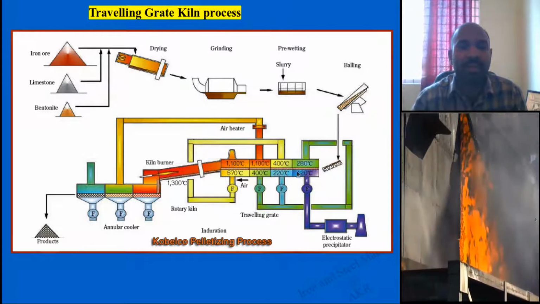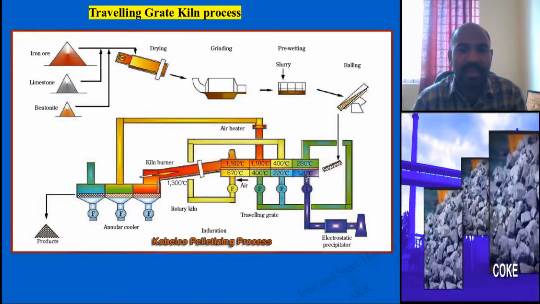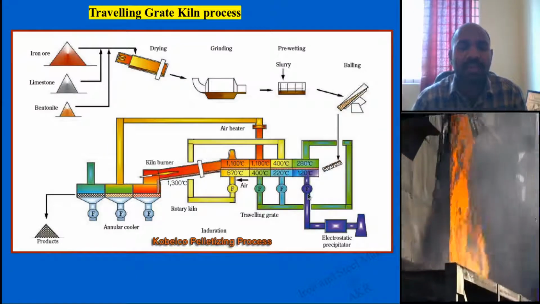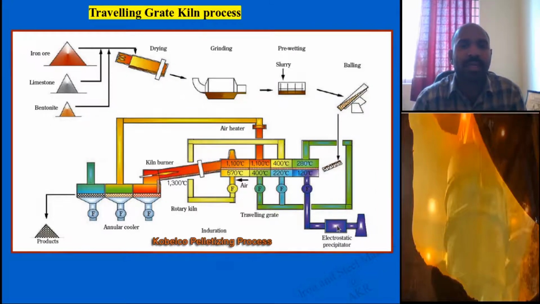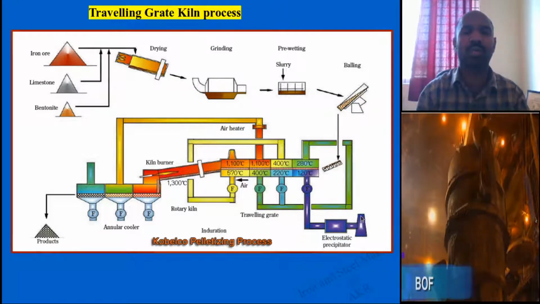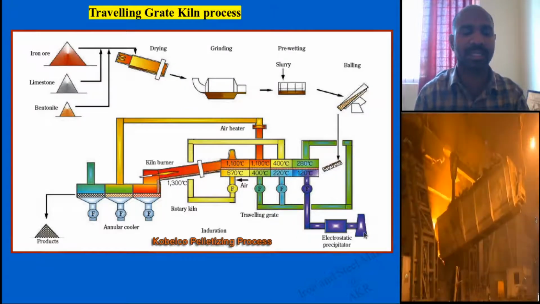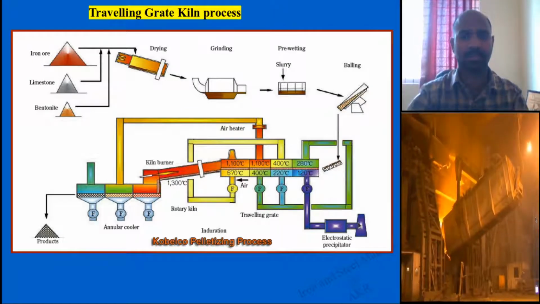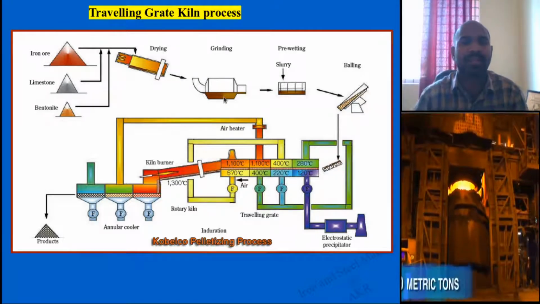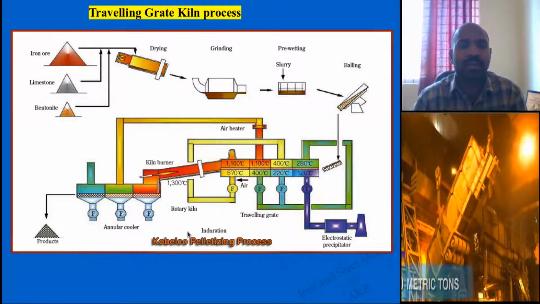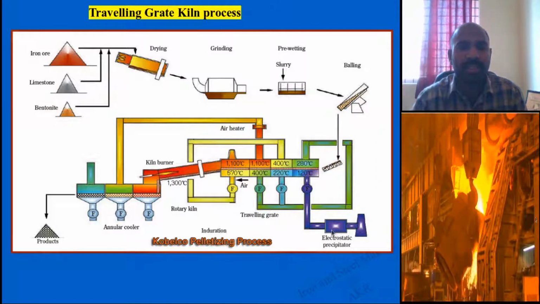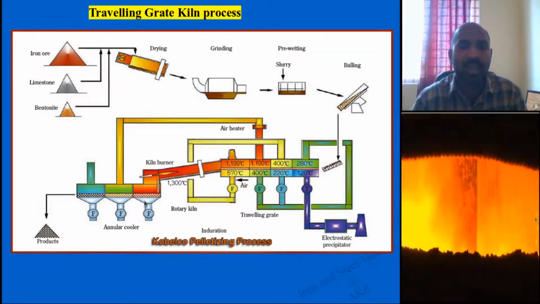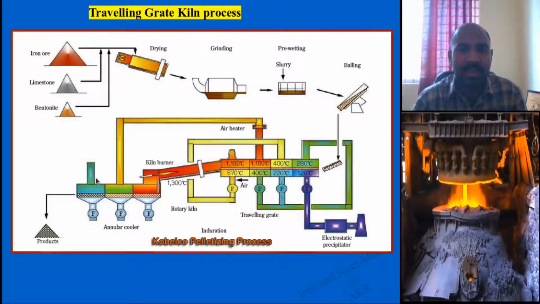The gases which evolve in the preheating section are taken out using wind boxes, passing through the electrostatic precipitator. You clean it and store it in the blast furnace stoves or gas stoves. It has another provision of gas cleaning, whereas in the case of the shaft kiln process, the gases exit to the atmosphere, but you can also have the provision of gas cleaning. The air at the cooling section, annular coolers, we use for this chamber all over 360 degrees.